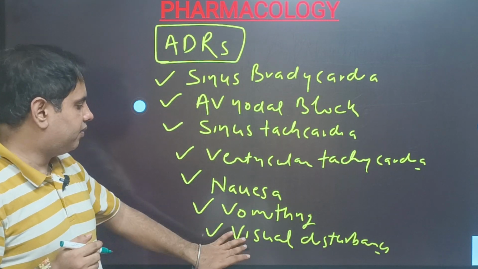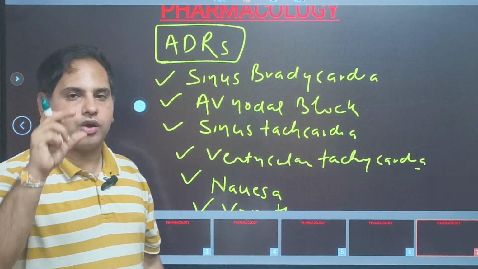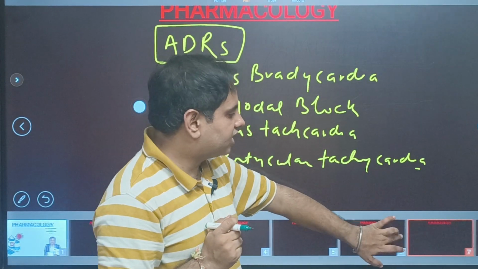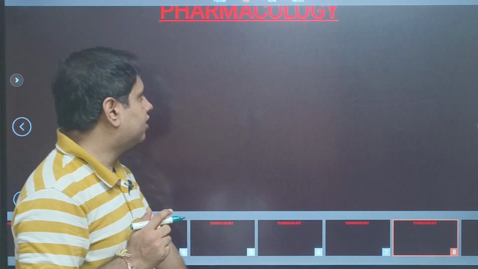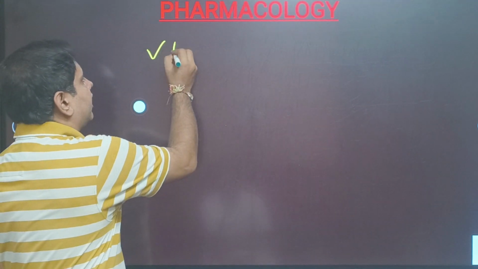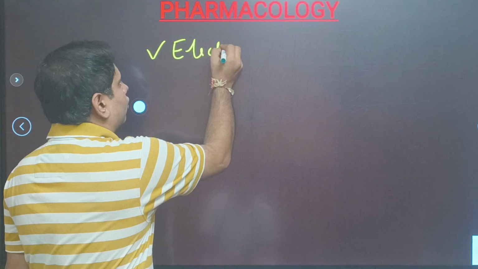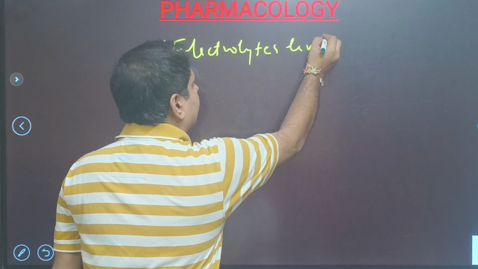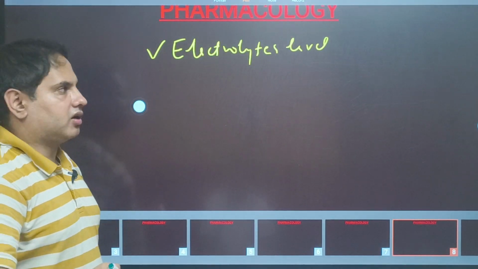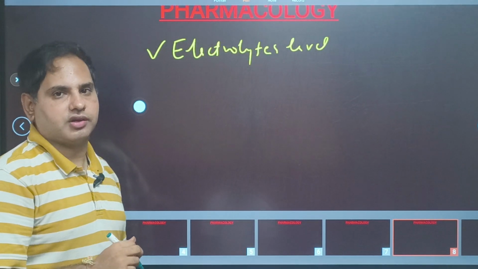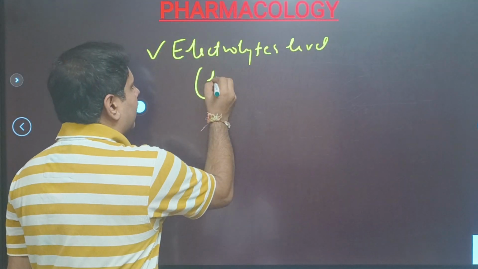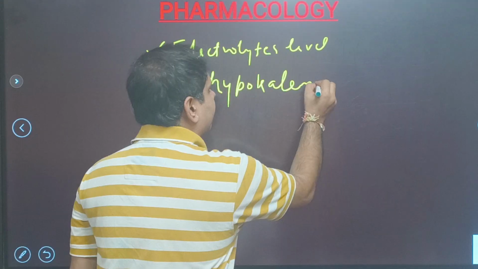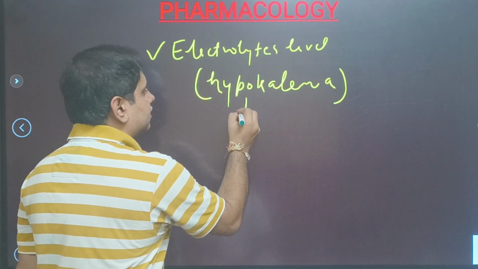So again I am telling this is the drug with narrow therapeutic index, so you have to digitalize the patients very carefully. So अगर डिजिटलाइज करना है आपको पेशेंट्स तो what you have to take care, you have to check its electrolyte level. If patient is hypokalemic, digitalis can produce the toxicity. So अगर पेशेंट को हाइपोकैलेमिया है, हाइपोकैलेमिया मीन्स पोटैशियम का लेवल कम है, decrease in potassium levels,